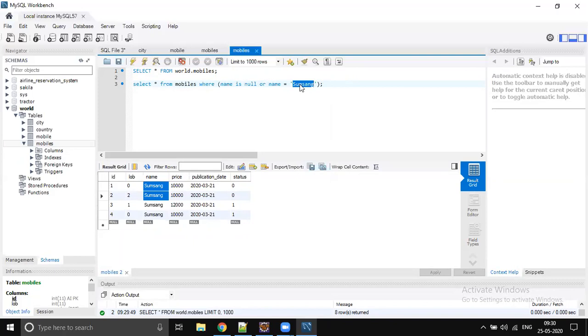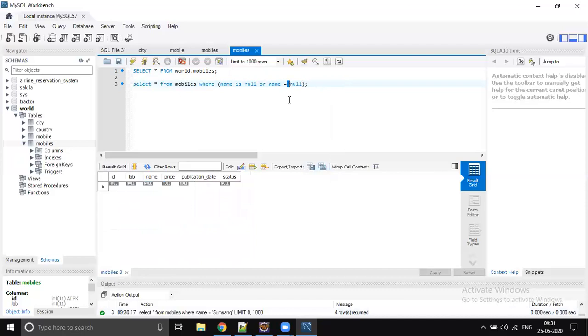If I don't pass the name, for example name equals to null, then I should get all the rows back. So this query will give name is null or name is some value. Not null we have to give right now. One second. Mobiles.